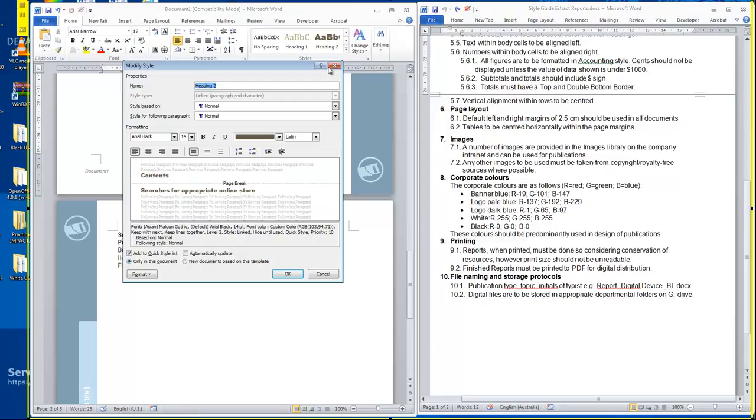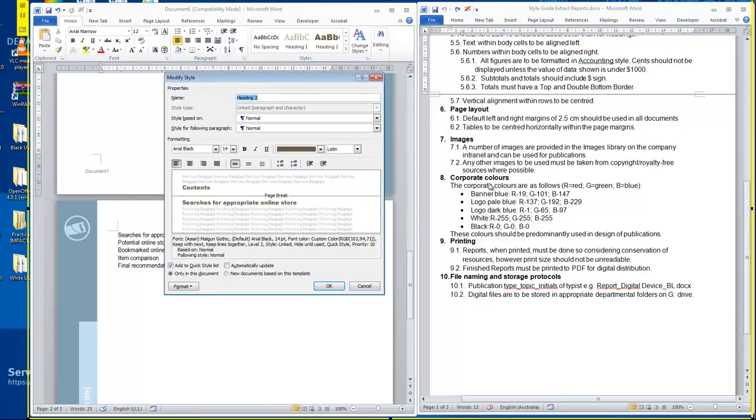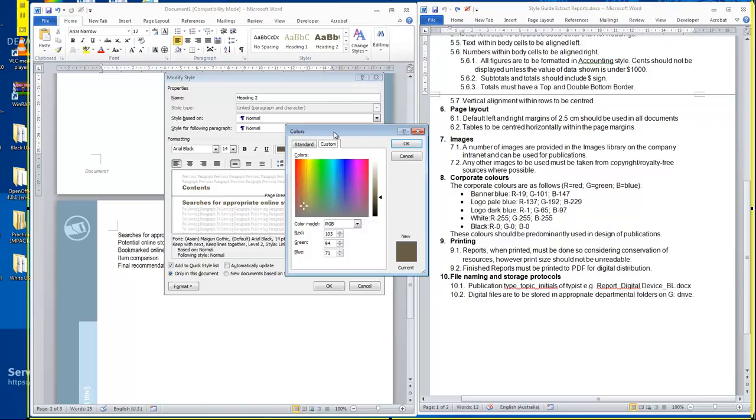To modify. Now the corporate colours. The corporate colours are as follows: banner blue, logo pale white and black. I'm going to add some colours to the headings for this report. I'm going to use the dark blue for our heading 1s, for our bigger headings, and this pale blue for the heading 2. Okay, so changing this one, we go into our colours section, more colours, and we can